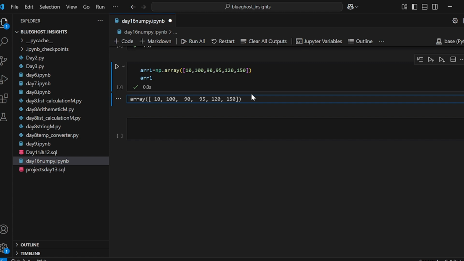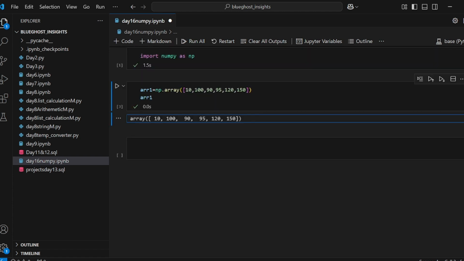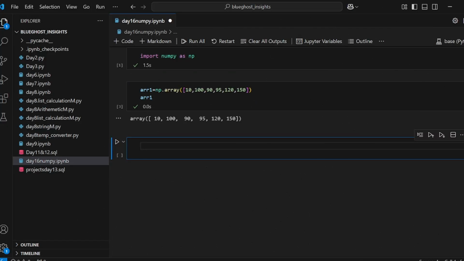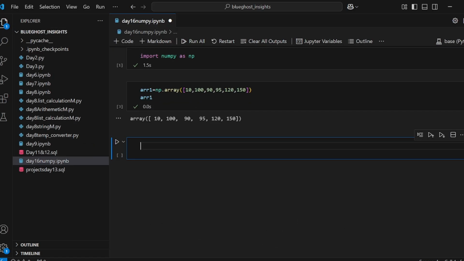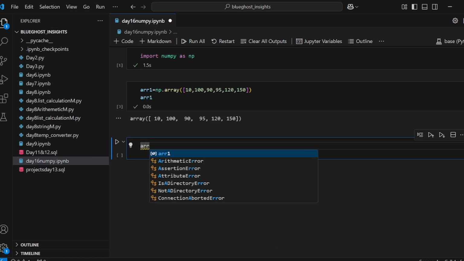Okay, so basically we just created our first array. That is one of the uses of NumPy, right? It helps to create numbers, like helps arrange numbers for you. Another one that we have in the array while using NumPy is the dimensions. What are the dimensions that we use in NumPy? So I'm going to create like 2 dimensions and we're going to see what we're going to do from there.